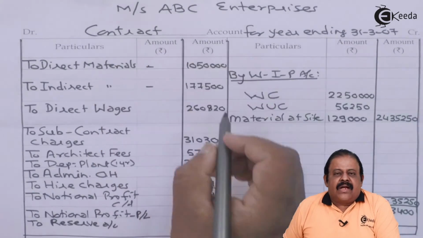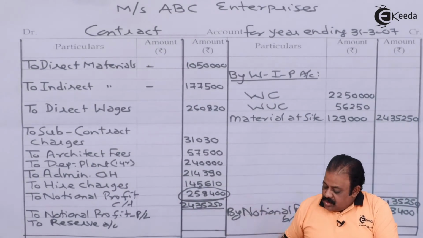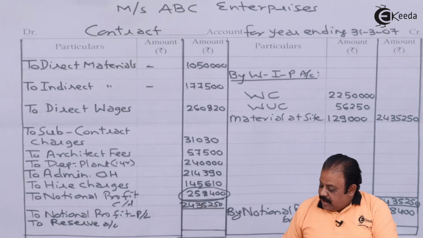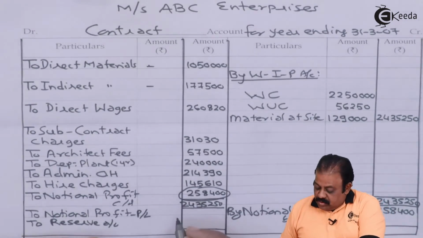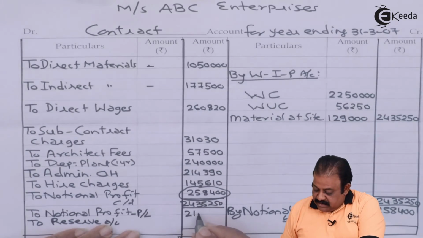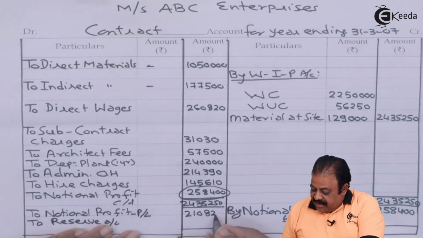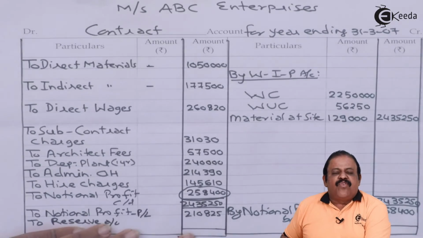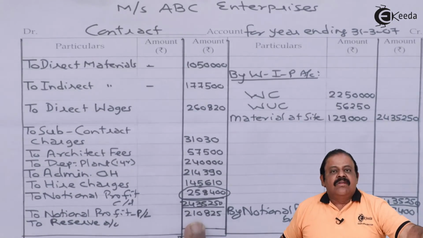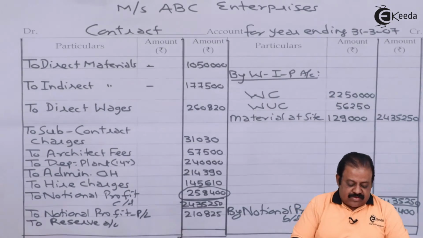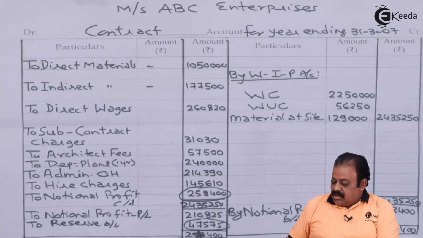So this is the contract account for a period of 12 months. We already got notional profit 2,58,400. Now here we are going to debit this amount 2,10,825, which we got by applying the formula estimated profit multiplied by cash received upon contract price. So this much amount will be transferred to profit and loss account and the balance will be transferred to reserves. So the amount transferred to reserve is